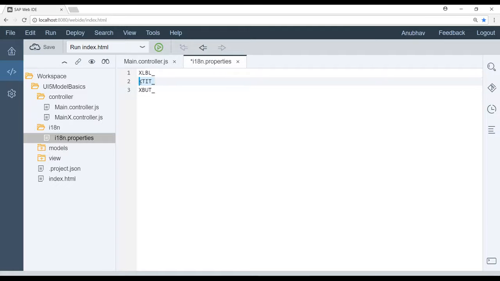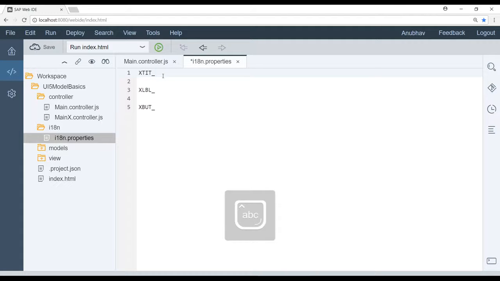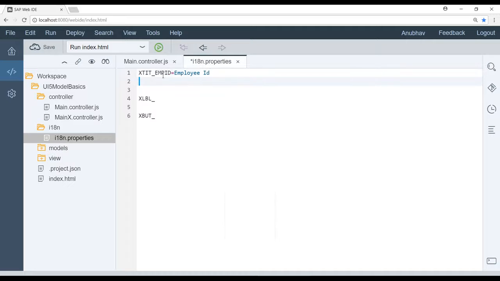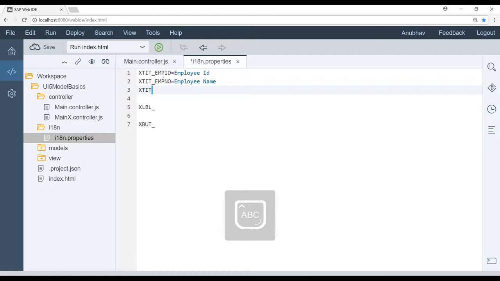If it's a title inside a table, then you would go with XTID. So I'll go ahead with XTID, and I want to do it for EMP ID, and I just mention employee ID, and then again XTIT underscore, oops, it's a new laptop, so it's very difficult for me to get used to its keyboard, but that's okay. Employee name, and then XTIT employee salary,